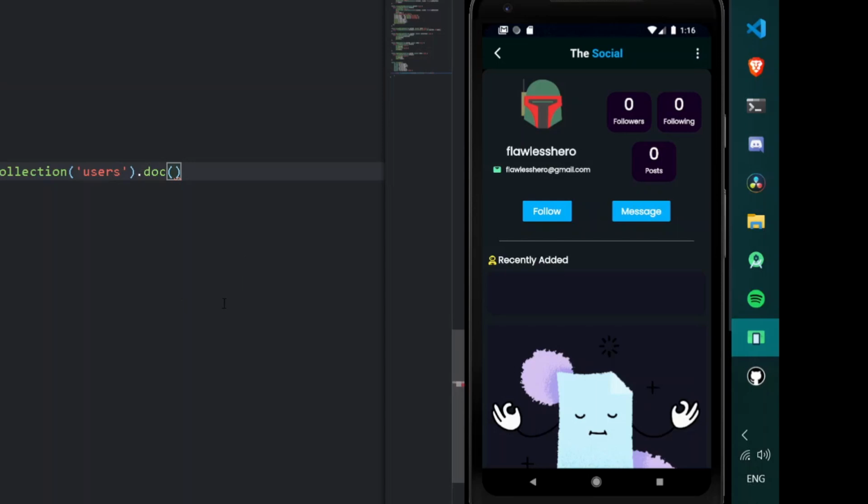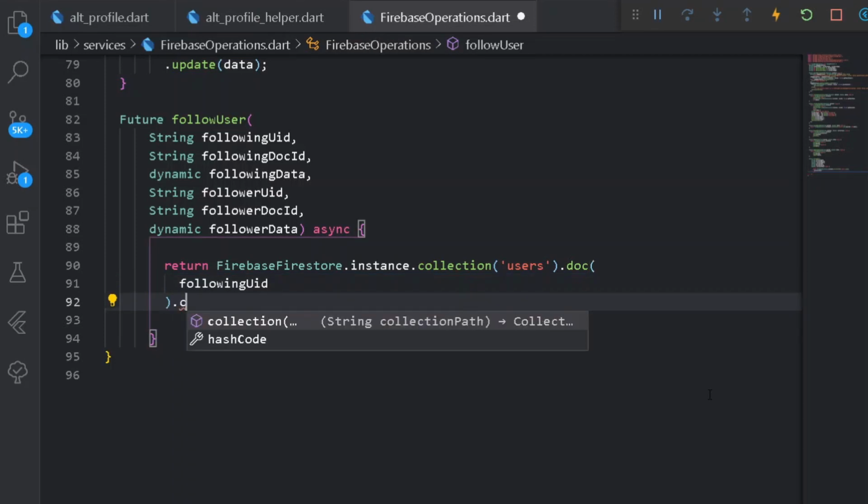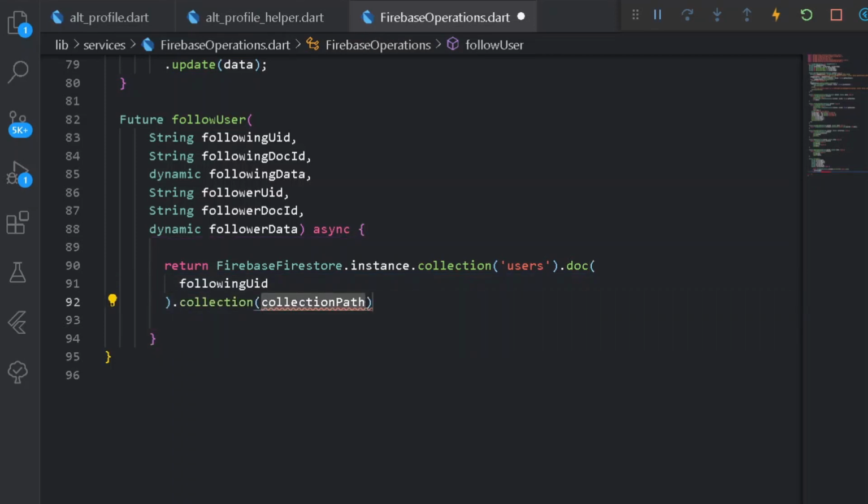So for that purpose, first of all we shall be adding data to the followers list of the following Flawless Hero. So for that purpose, under the doc ID of the following user, I shall be having the doc ID to be the following user ID of Flawless Hero, which is contained under my Firestore collection. So for that purpose, here I will be writing doc ID to be the following, and after that I shall be creating a collection of all the followers of the particular user.